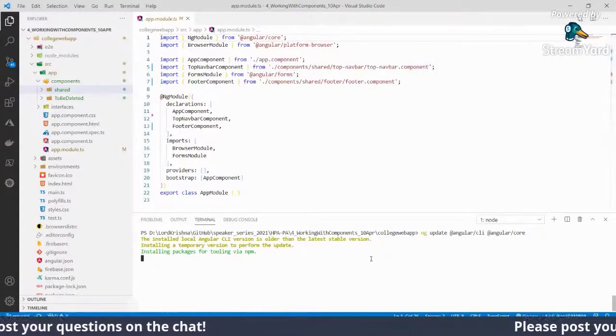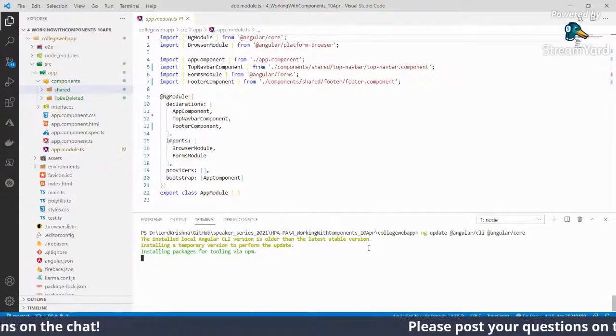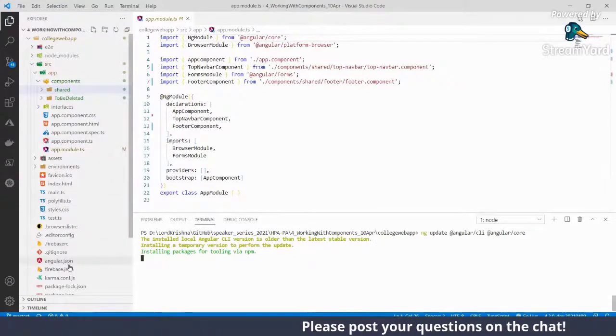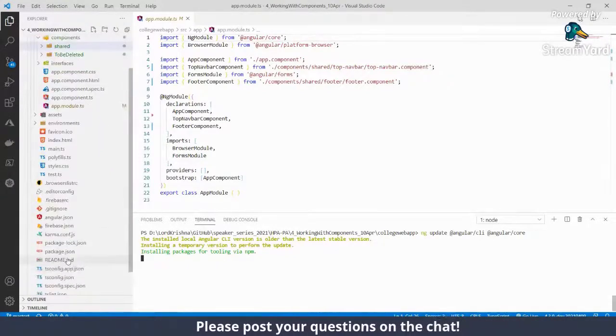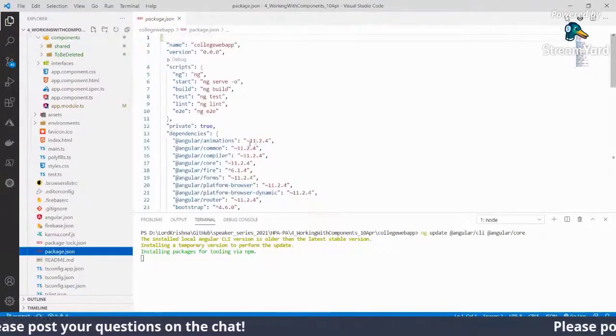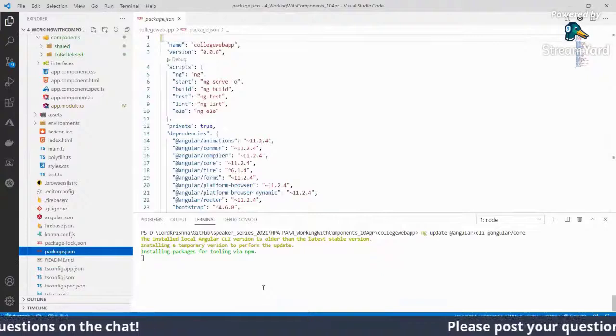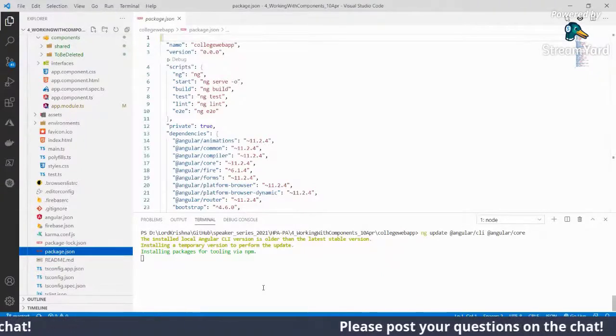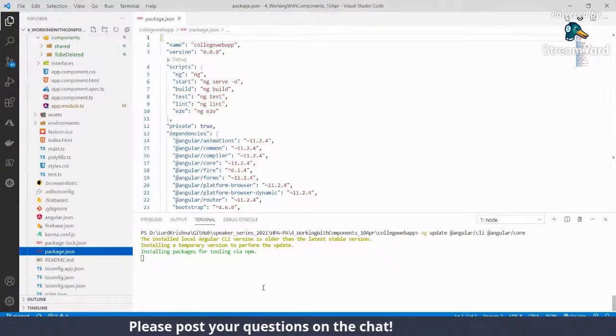And now we are updating ourselves from the previous version of Angular to the latest version. The previous was 11.2.4. Now it will install it in a moment. Let's give it a second for that, and it will give us the control back.